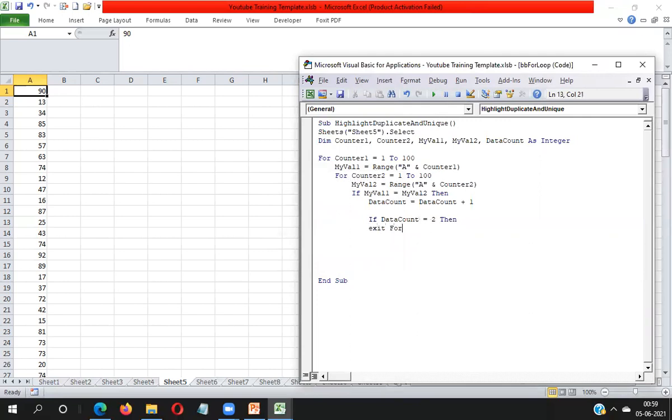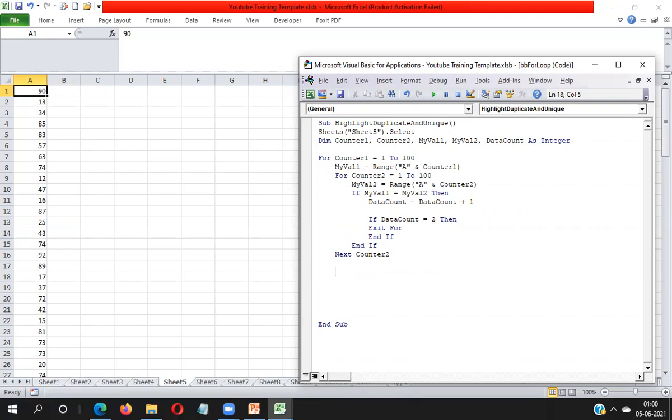Exit For, which loop? The second loop. Within this loop I have written Exit For, that's why I will exit from the second loop. Then I have to close this End If. Then writing here Next counter2, and I need to highlight now.